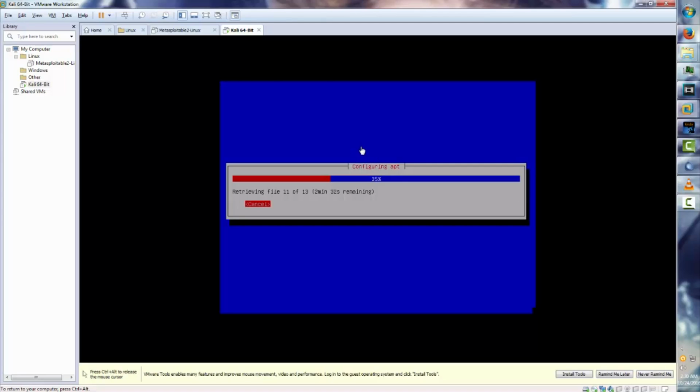Wow, if it really takes 3 minutes to download a file that's probably just a text file, I'm going to be awfully disappointed. I'm assuming it's still downloading the network mirror list. If that's not the case, then of course it does say configuring the apt program right now, but